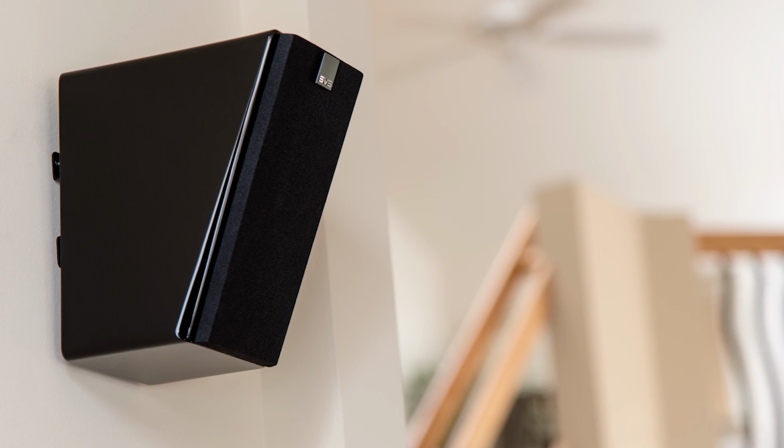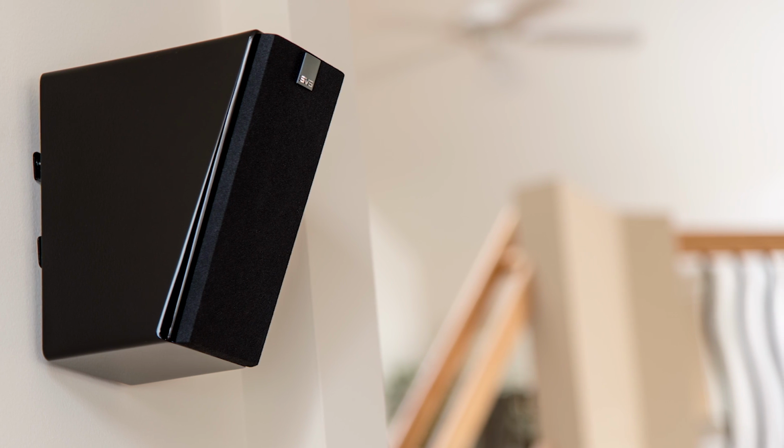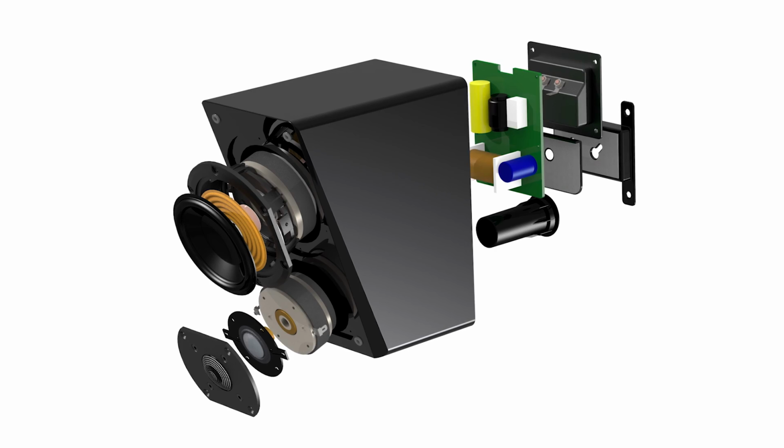I'd like to talk today about our Prime Elevation speakers. They've gotten a lot of attention. When we first launched them, we weren't actually expecting as much attention as we got. But maybe it's not that surprising. We're calling them the world's most versatile home theater speaker, which is really cool because when we first began the